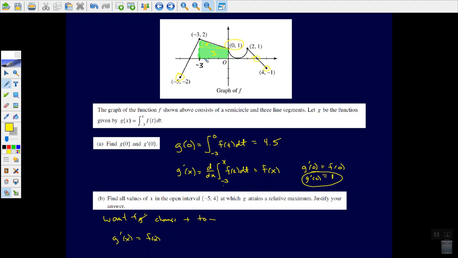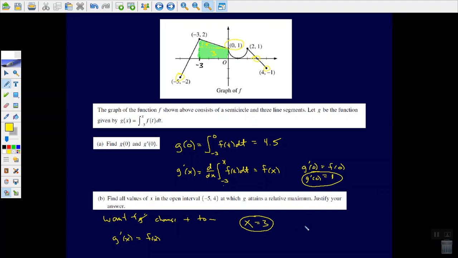So the graph of f is negative, then it goes positive all through here, and then once it gets to x equals 3, it's crossing through and becoming negative again. And so this occurs at only one point. Okay, so the value of x is 3,